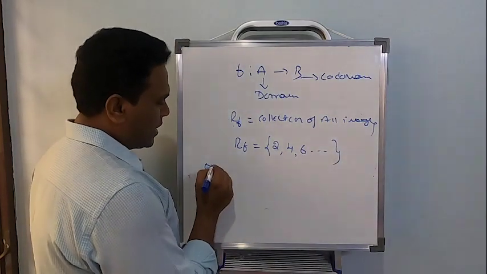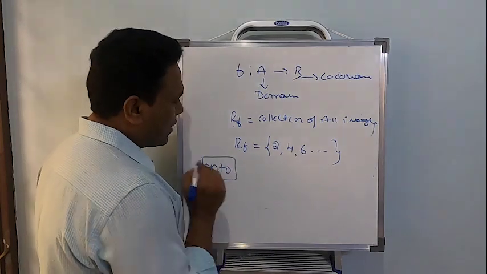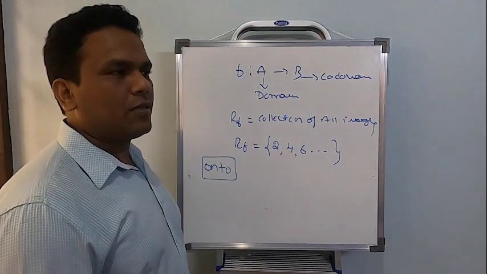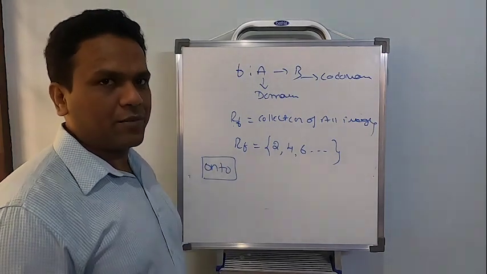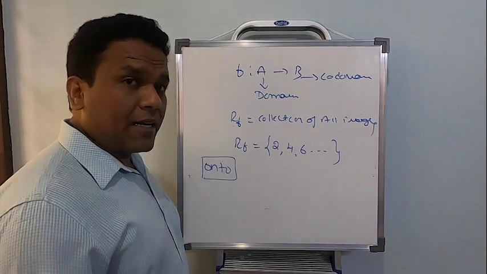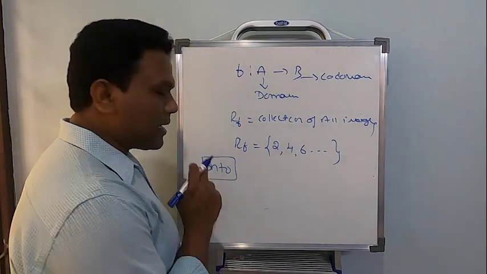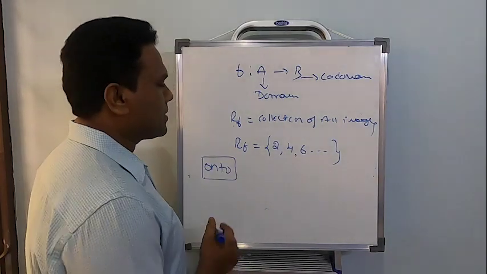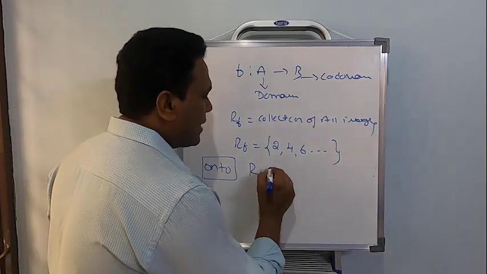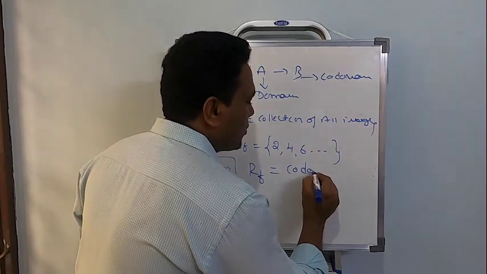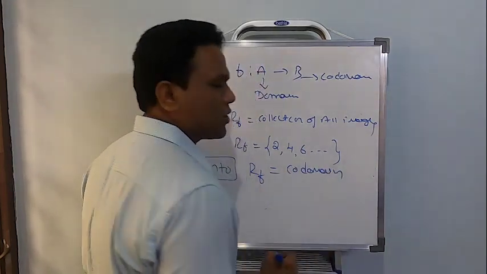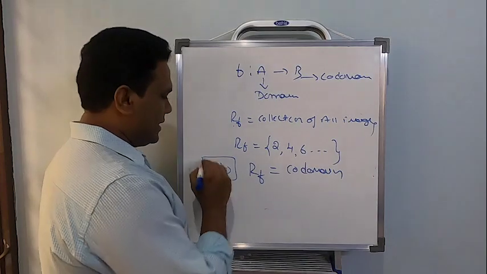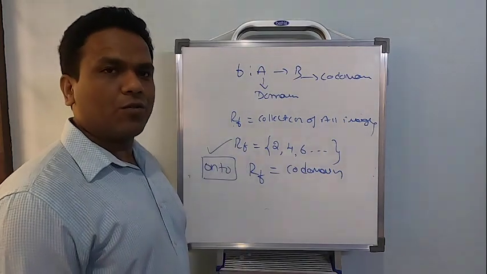So for onto, I will give you one more condition, which is the one we will use the most number of times. I have given a condition under the definition of onto, but this is the condition which will be used to solve many problems easily. Remember this. If the range of the function is equal to the codomain of the function, if both are equal, then we will say the given function is onto.